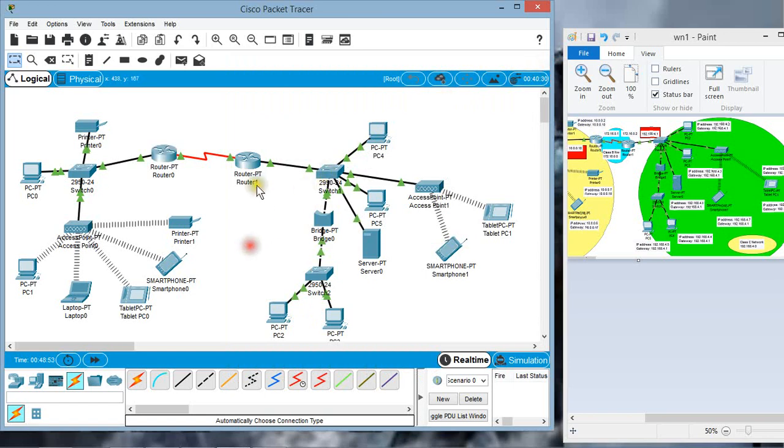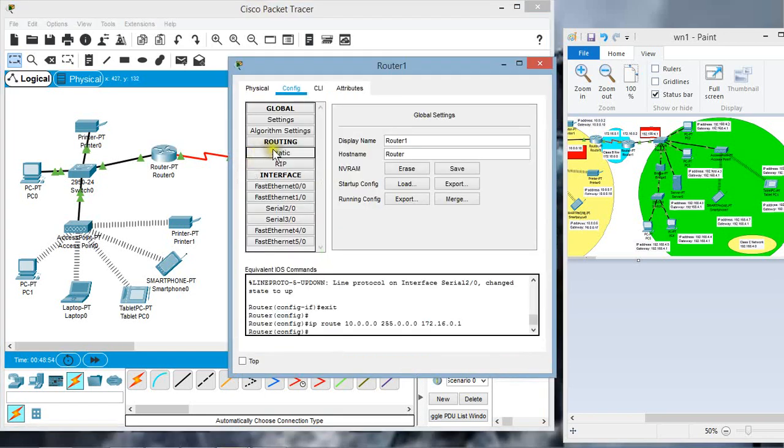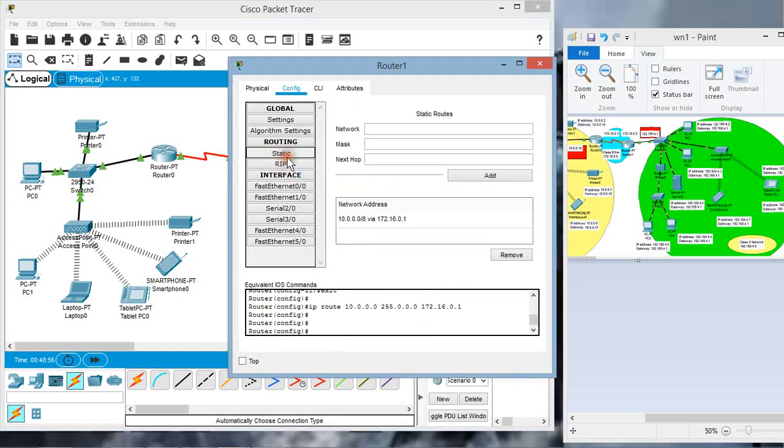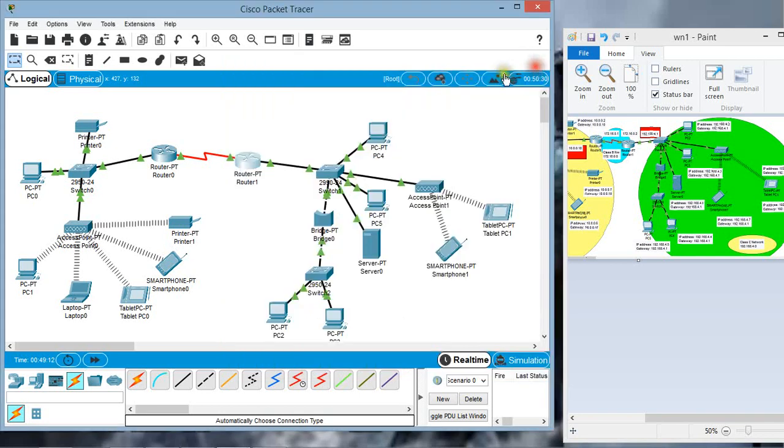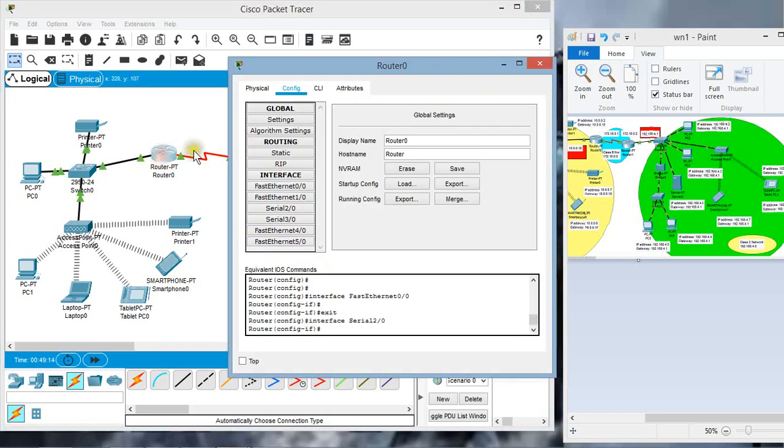Now let us check the static route on router 1. Router 1 can reach this 10.0.0.0 network via 172.16.0.1. Let me check the fast Ethernet interface IP address here. The fast Ethernet interface IP address is 192.168.4.1. Let me check the fast Ethernet interface IP address on router 0.